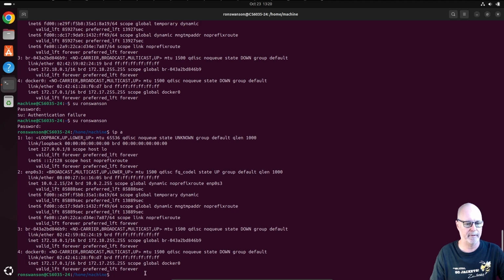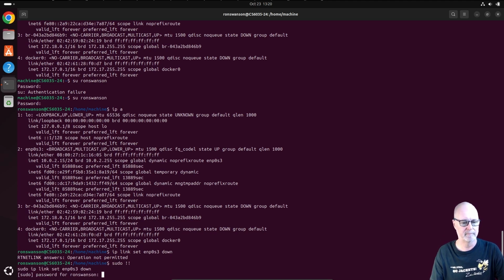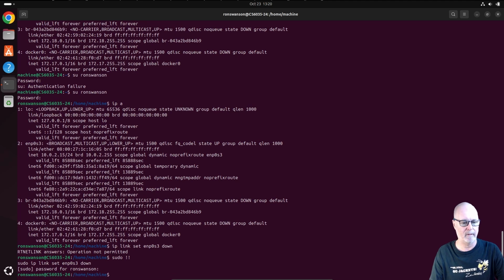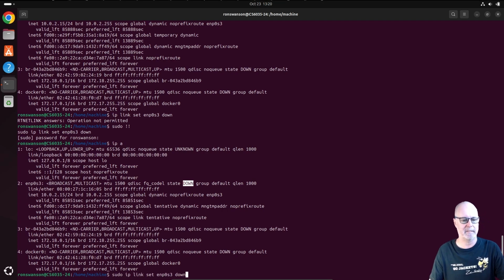So what we really want to do is an ip link set, and then the dev is enp0s3. You can see it right here, enp0s3, with a zero, not an O, s3, down. Oh, I have to do sudo. Okay, so now if I do ip a, I can see that enp0s3 is down, right? And now if I do the same command but with up,